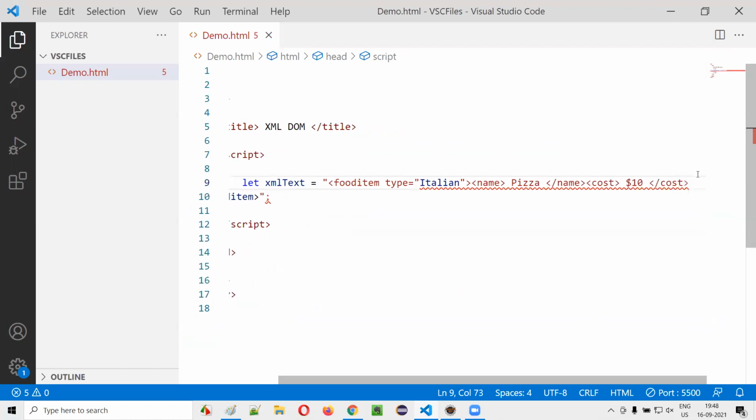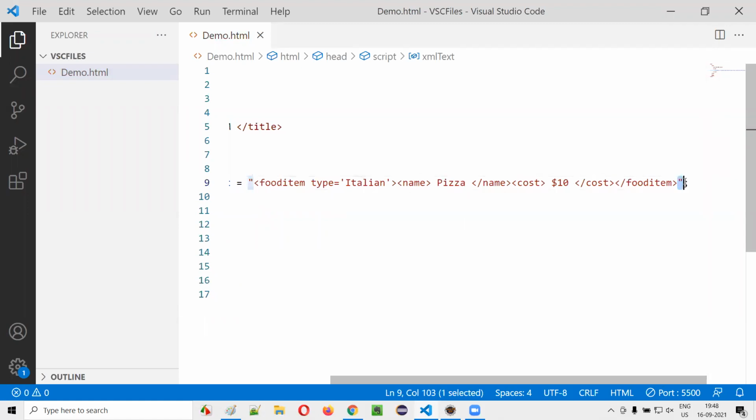What else do we have here? Just done. So here you see, for the attribute value you are using double quotes. Here it's starting with double quotes. Better convert to single quotes, guys. You can either put double quotes or single quotes for attribute values. In this case, you can put single quotes, to avoid the confusion. And here it's stopping here. The content is starting here and ending here. This is the entire XML content.